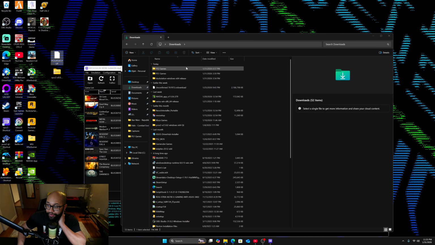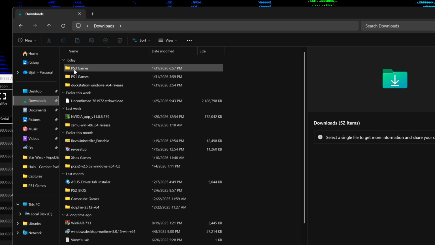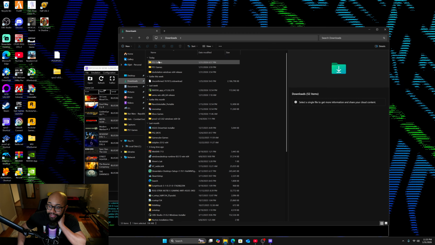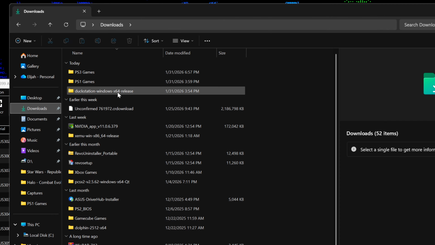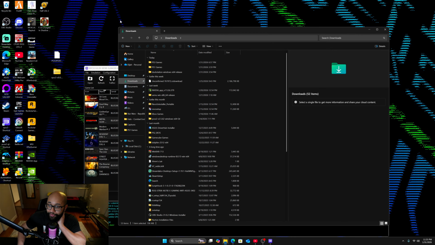files. Now in your files folder, you also want to create a PS3 games folder, and that's going to be important, and you want to keep it somewhere where you can easily find it. In my case, I have it in my downloads folder. Later for that though. So now we're going to go to the desktop here, and we're going to extract the